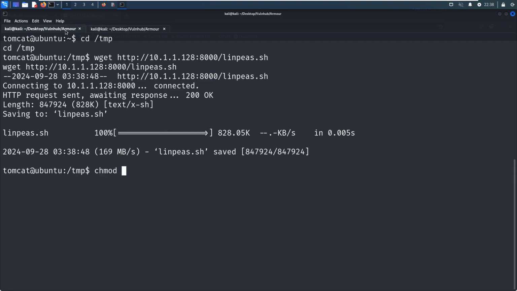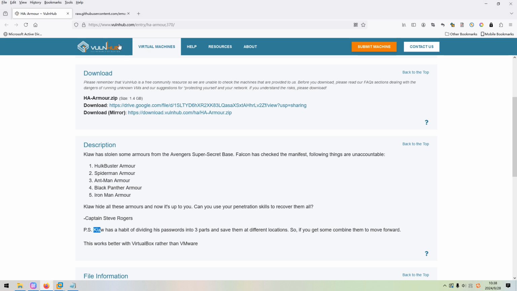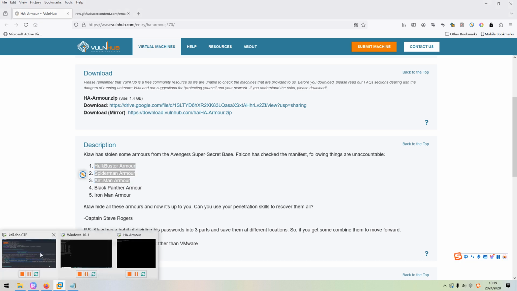And we can change the mode, and we can run it. So there are, I think, 5 armors which should be found. We have already found 3, and we need to find the other 2 armors. So where are they?